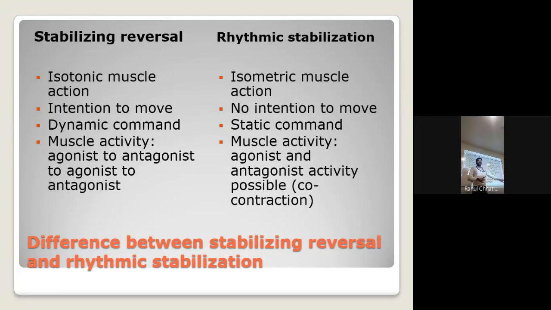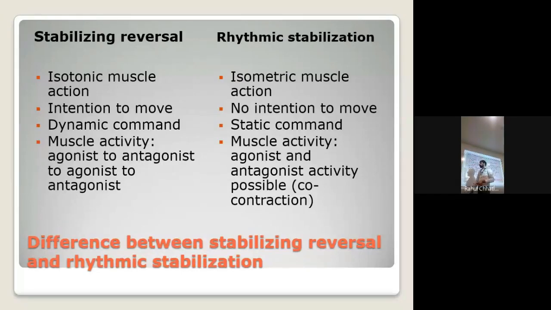But co-contraction means there is no motion intended. This is an isometric type of contraction. If it is isometric, there is no movement, there is no motion. If there is no motion, both can contract together. You can do it on yourself right now even. Keep your hands straight. Try to contract the biceps muscle, palpate, and try to do the same for the triceps together. Yes, hold it this way. Through two fingers, palpate the triceps. Through one finger, palpate the biceps, and try to contract both at the same time. That is possible. Yes, your hand will start vibrating a bit. So that is termed as co-contraction.